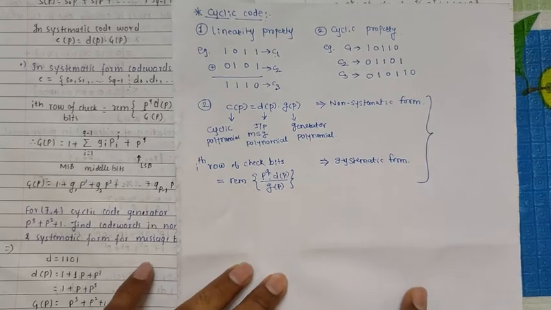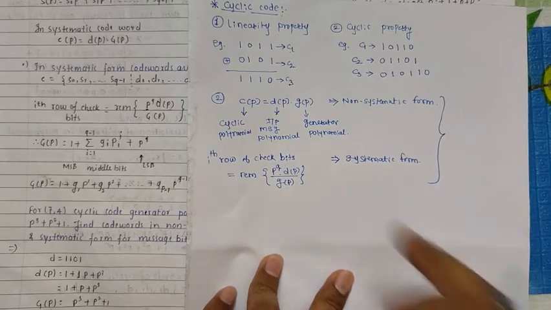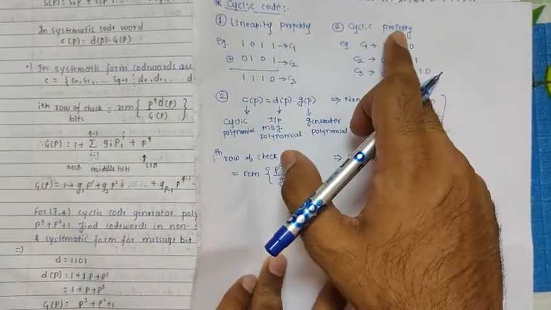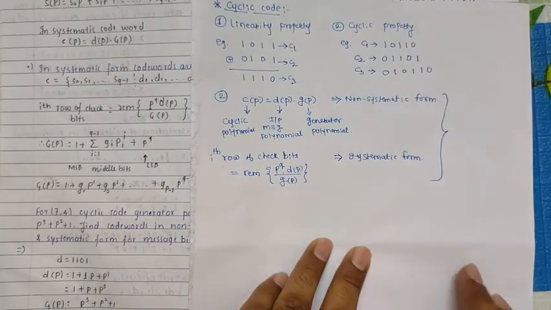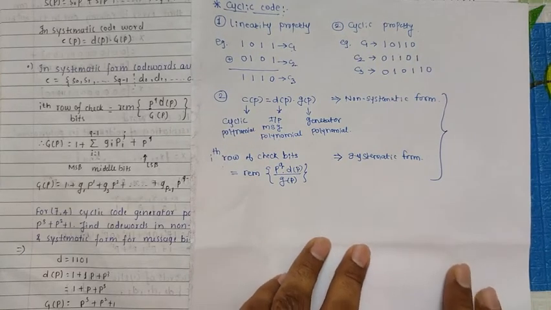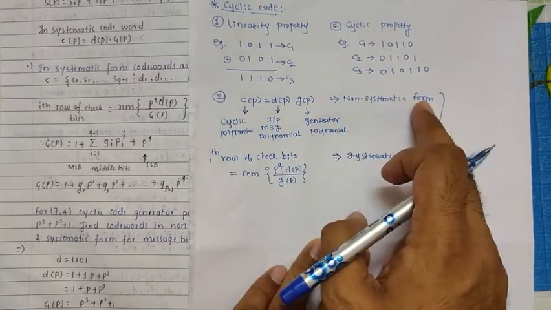Hello everyone. In the last session, we had a discussion on cyclic code. We have defined cyclic code in the form of its two properties, linearity property and cyclic property. Then later on, we have seen how to convert any binary data into its polynomial equation. Now today, we are going to study how to find the cyclic code word in its non-systematic form and